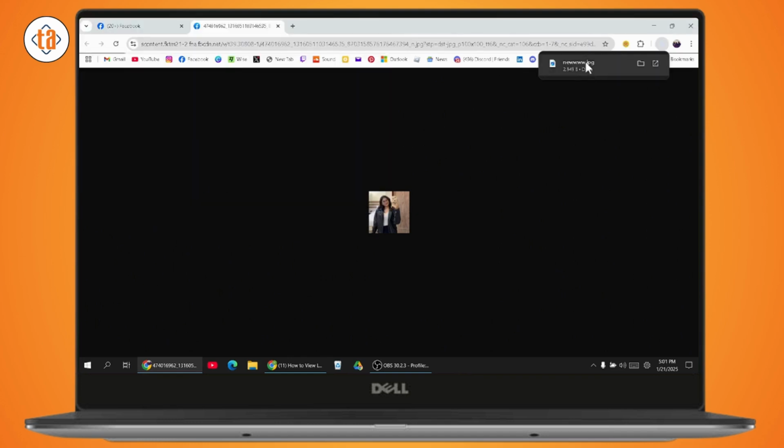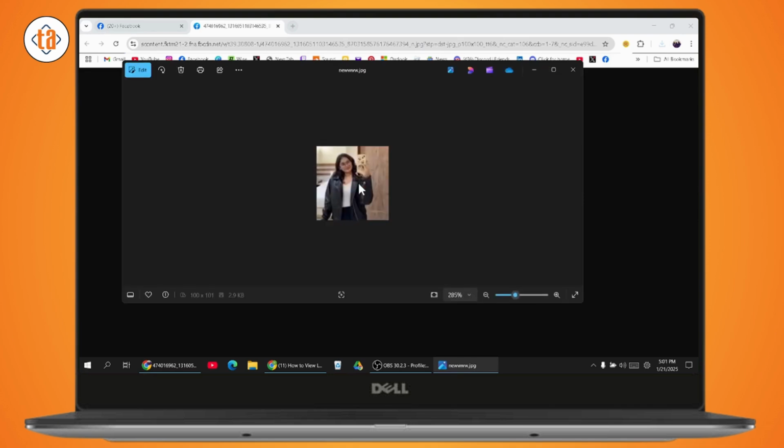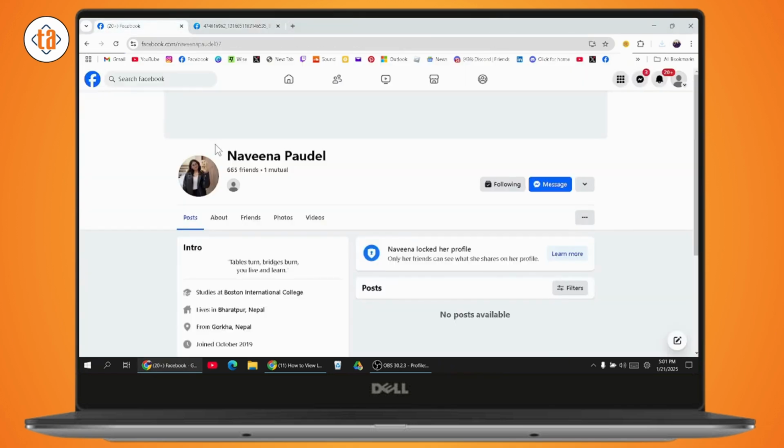Once you've saved, you need to go to the image which is on the upper right, the downloaded image, and now you can zoom it. So that's how you can see the profile picture, or that's how you can view the locked profile picture on